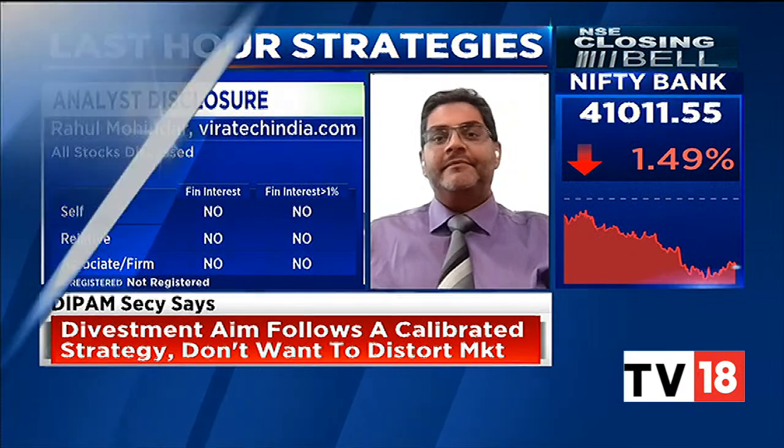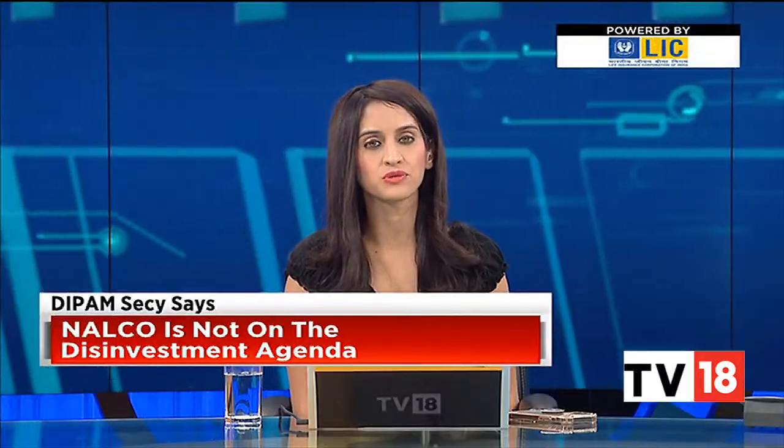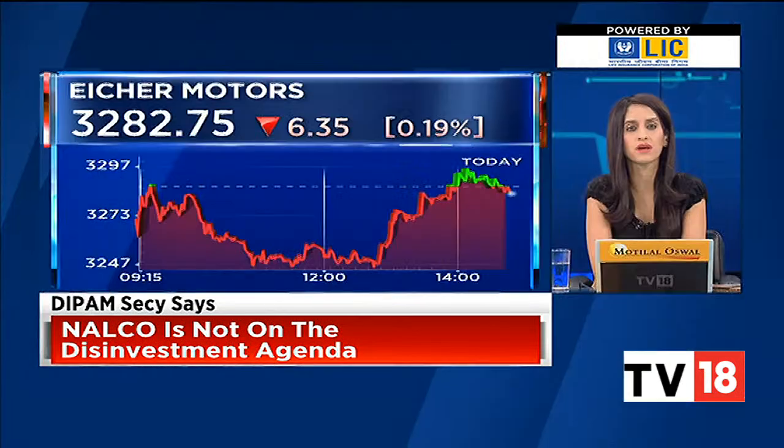Eicher Motors has recovered nearly 1.5% from the day's low. It's just about trying to break back into the green. Pull up that intraday chart. One of the recommendations coming